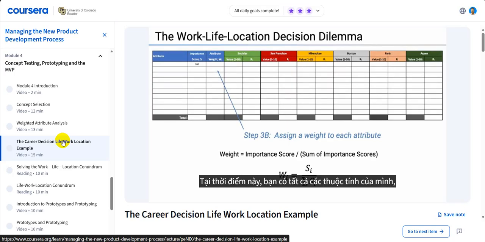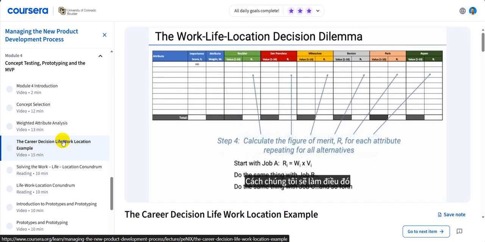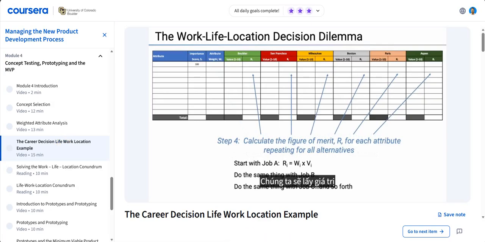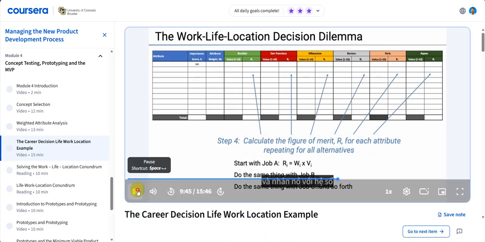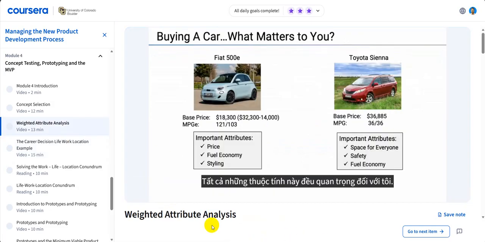At this point, you have all your attributes, you have all your important scores, you figured out the attribute weighting factors, and you have the values associated with all the jobs relative to each attribute. Now we have to calculate the weighted value, the figure of merit, for each of the jobs. The way that we're going to do that is just like we did it in the last video. We're going to take the value and multiply